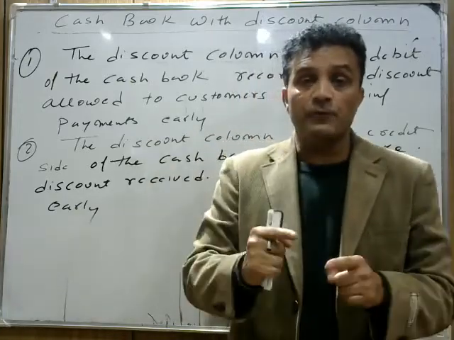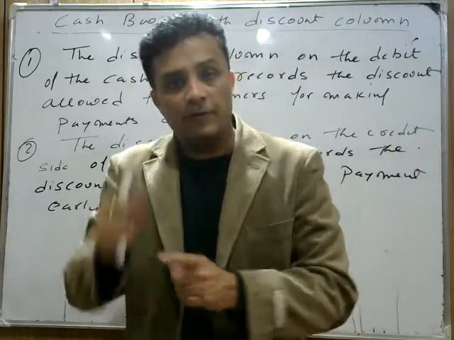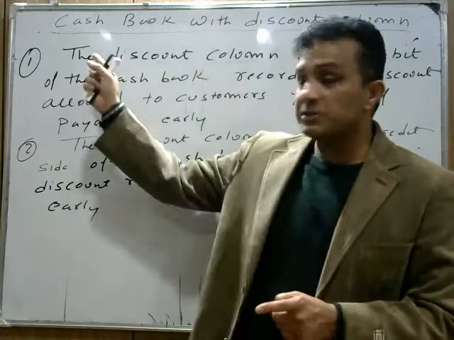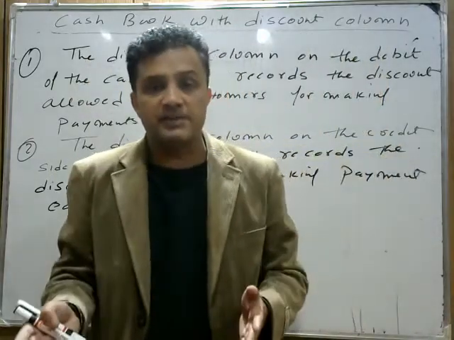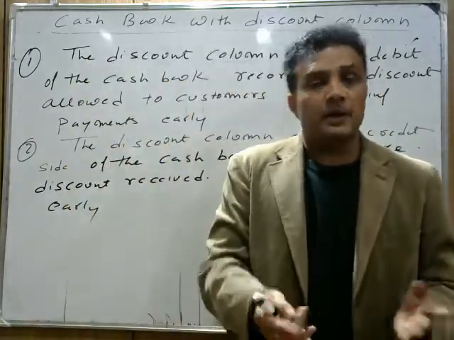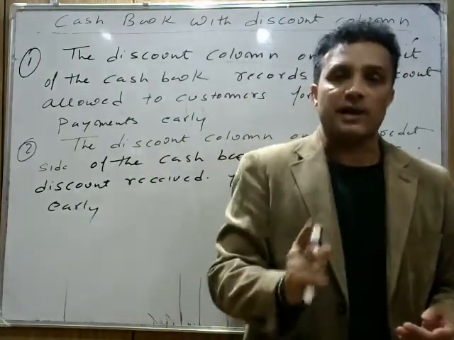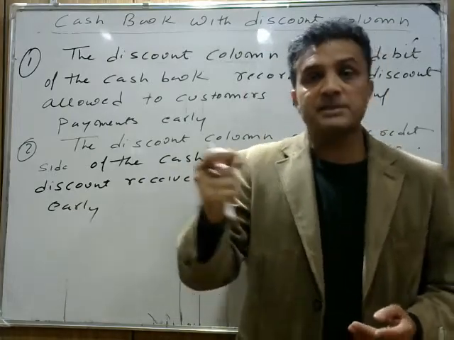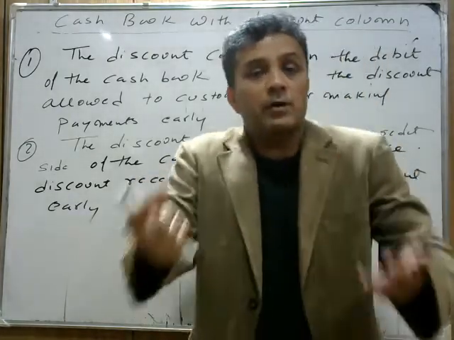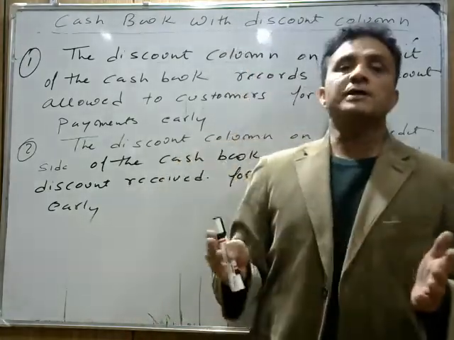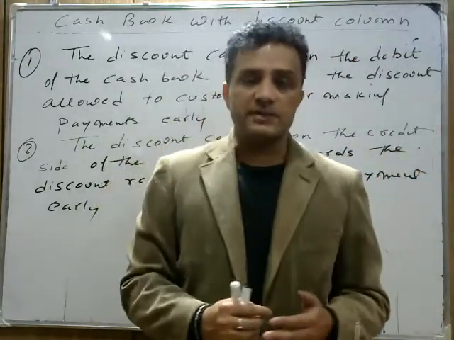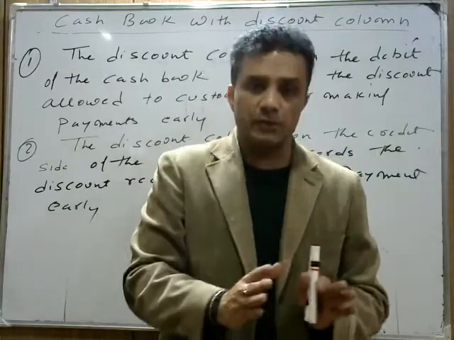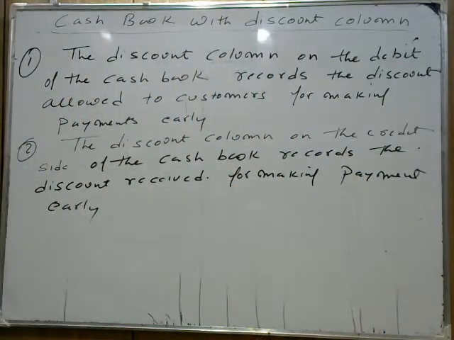Don't mix up this rule with the cash book. Cash book is the real account. The real account says that whenever an asset increases, it will be debited. So in the cash book, whenever we receive cash, it will be on the debit side. Whenever we pay cash, it's on the payment side. For our discount column, discount is a nominal account. Whenever we allow discount, it's an expense for us and all expenses are debited. And whenever we receive discount, it's an income for us and all incomes are credited. So we follow the rules of the particular accounts only. Okay, remember this one. I hope these two parts are clear.